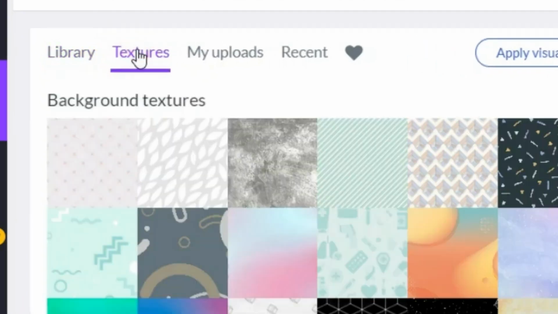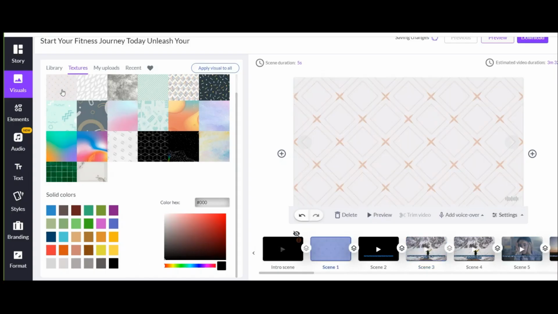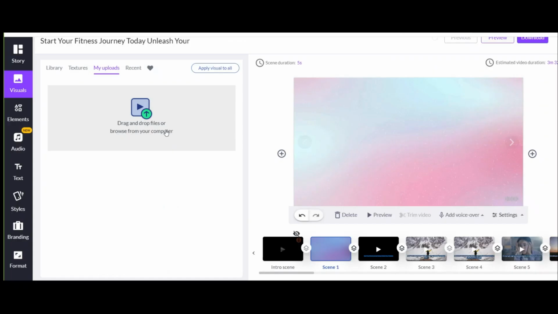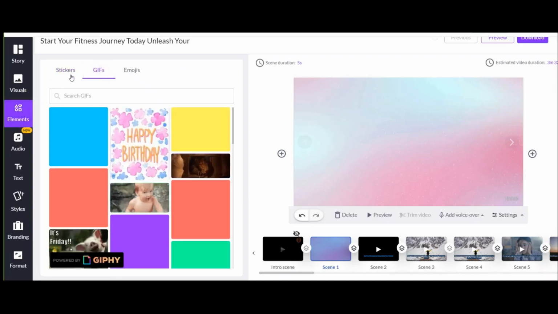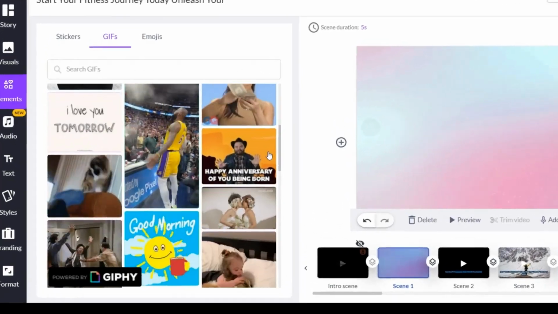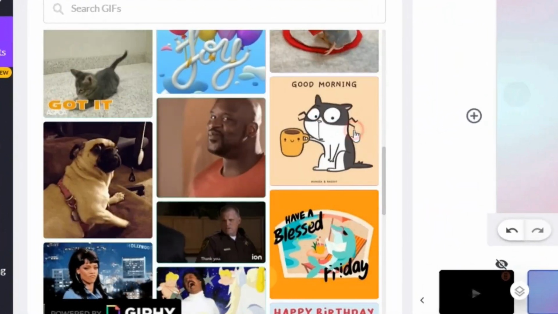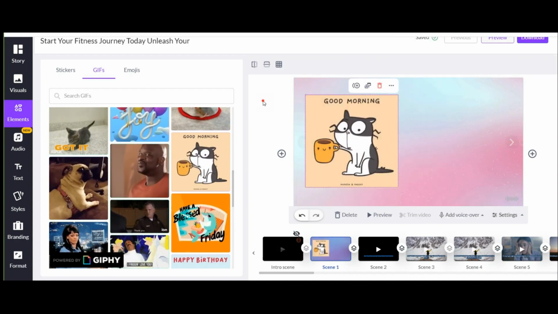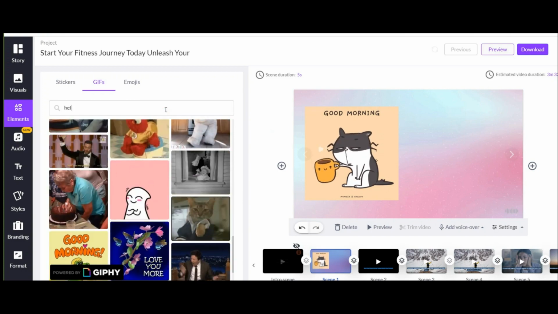In this section, you have a number of backgrounds ready, and if you want to create a blank page, you can choose its color from here. In the next part, you can upload the footage or any photo you want to include in this video from your system here. And in the next part, you have access to all kinds of GIFs and stickers of the day. For example, you may want to use GIFs in different videos in other styles. Just click on them and set that GIFs in the desired slide. Now I don't need GIFs in this video. But in general, despite the amount of facilities that Pictory gives us, it makes our work much easier.